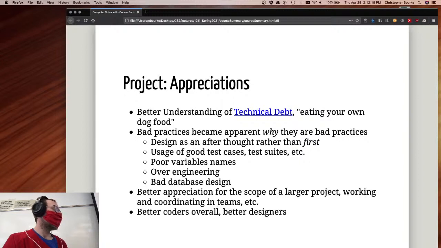Bad database design. Maybe we didn't see, like I said in the morning class, we didn't see that much this year with bad database design because the average score I think was an A for that phase. Almost everybody got a really good design or a simple design. In contrast to say phase 2, the object-oriented design.